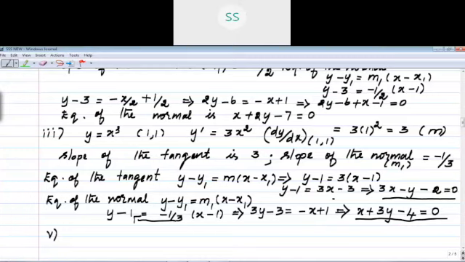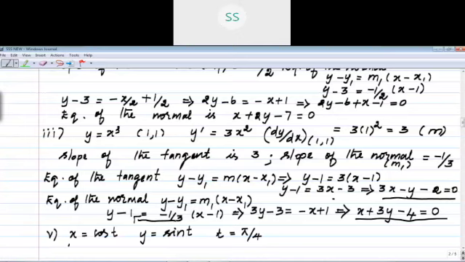You see, x is equal to cos t, y is equal to sin t, and t is equal to pi by 4. See here, it is entirely different, right? So what is your x? x is equal to cos t. I told you, based on the variable that exists on the right side, you are going to differentiate.